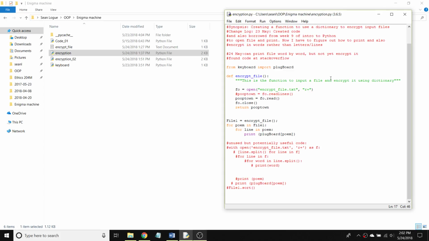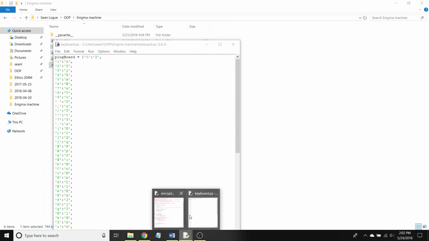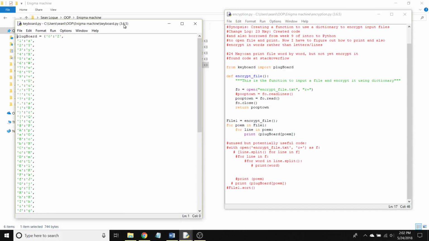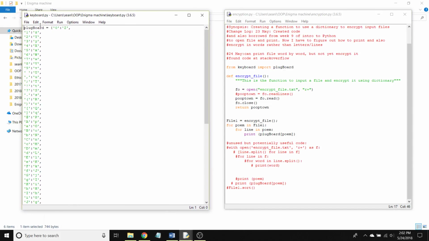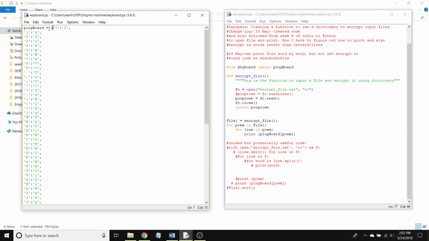Obviously, this entire class is sort of about the Enigma machine and creating an encryptor of our own. This week, we focused on creating a dictionary and then using that dictionary to encrypt some text. On the left here, I have my dictionary, and I named it plugboard. The values on the left are our keys, and on the right it has